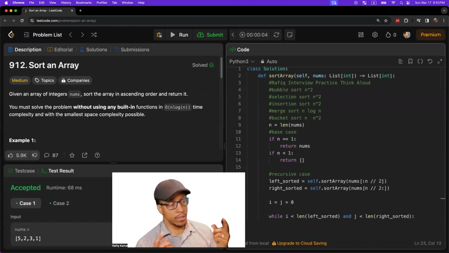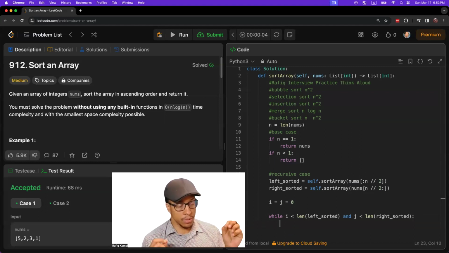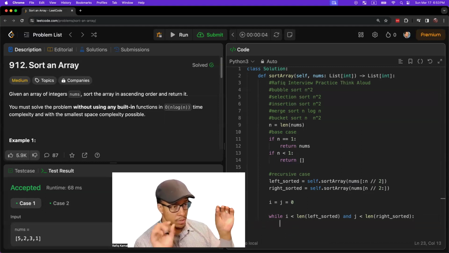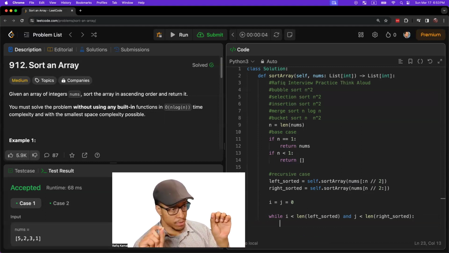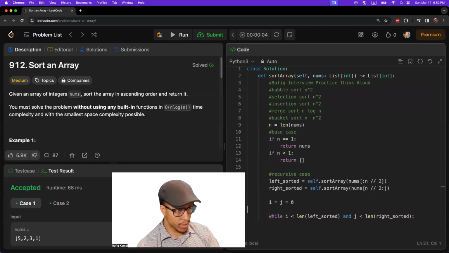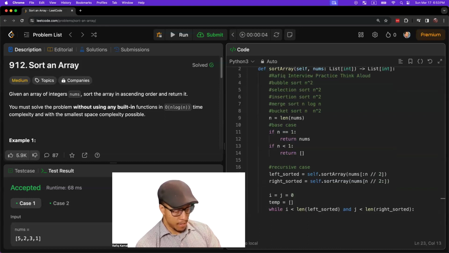We're going to check to see whatever the current, so this is kind of like a 2-pointer situation here. So we have our 2 pointers pointing to the leftmost elements of both those arrays that we were given, and whichever one is smallest, we're going to put that into our temporary array, which I forgot to put here. So we'll have a temporary array, and then as we check,